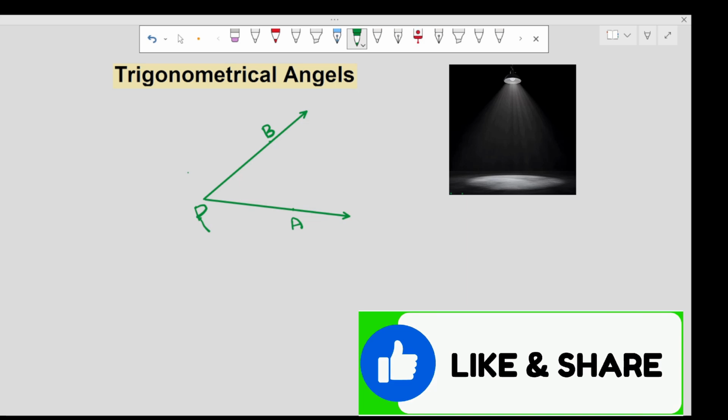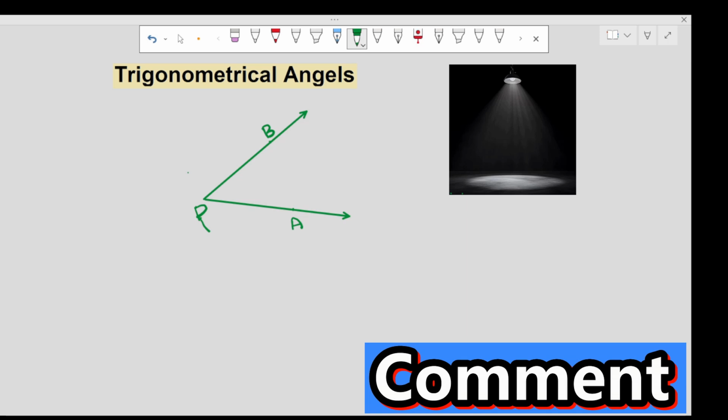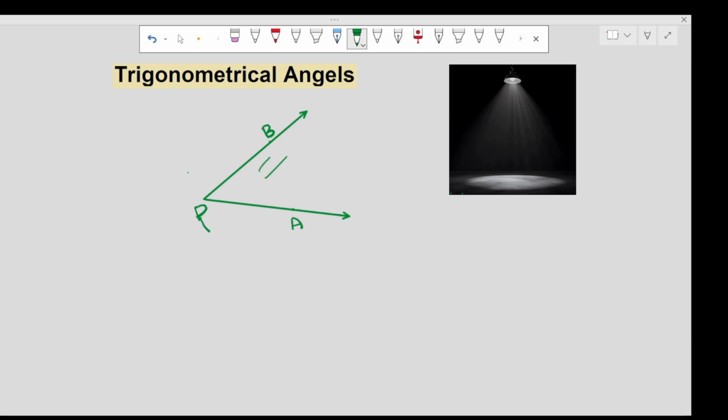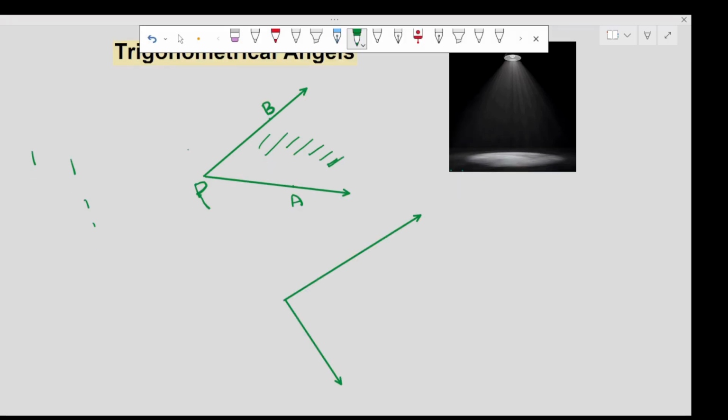Also you have learned, remembering again, that this angle divides the plane into two parts. This part is called the interior part, and the other part is the outer part, outside of this angle. So this angle is called a geometric angle. Suppose I draw another angle like this; anyone may call the outside also an angle.